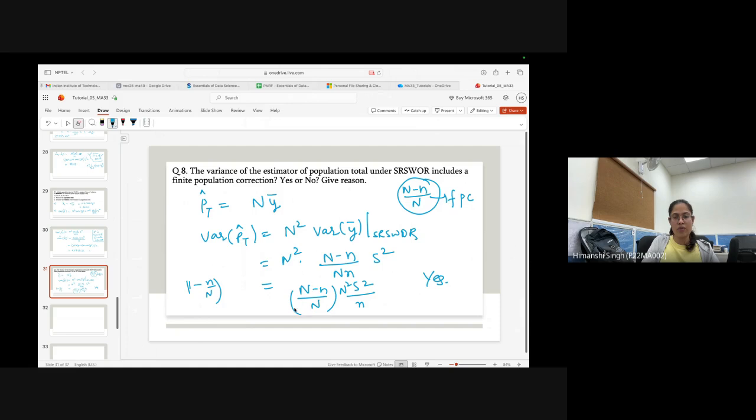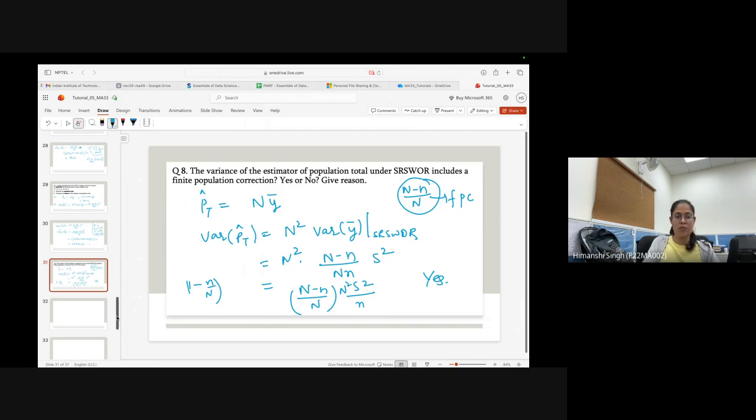So if the population is small, for example 40, 30, or 100, then we use the correction. But if the population is very large, for example 1000, then n by N will be nearly 0, and 1 minus this quantity will be nearly 1. That's why we can remove this quantity and just find capital N square s square by n. Then it will give us the estimate for the variance, because the factor does not have much influence if capital N is very large. That is basically the meaning of finite population correction. Is it fine? The answer to this question is yes, and I have just proved the reason.